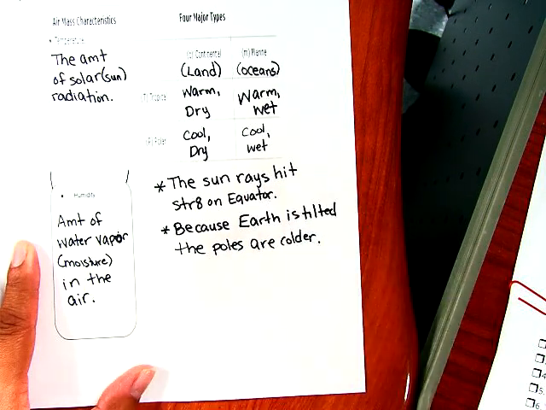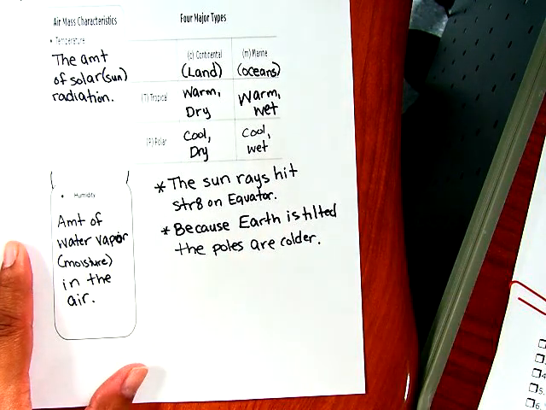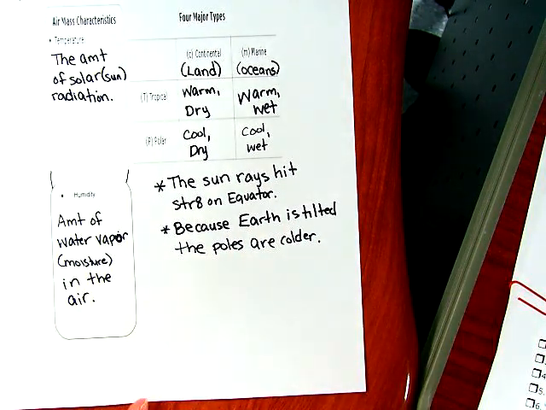But these are the major points that I want to pull, because if I showed you a picture or gave you the earth and I actually labeled it, you should be able to tell me the areas closer to the poles are colder and the areas closer to the equator is warmer. Any questions about that? All right, then looking at your paper, talking about the cold fronts and the warm fronts.